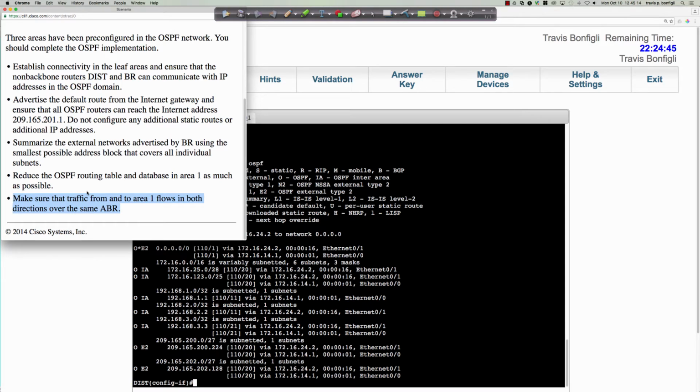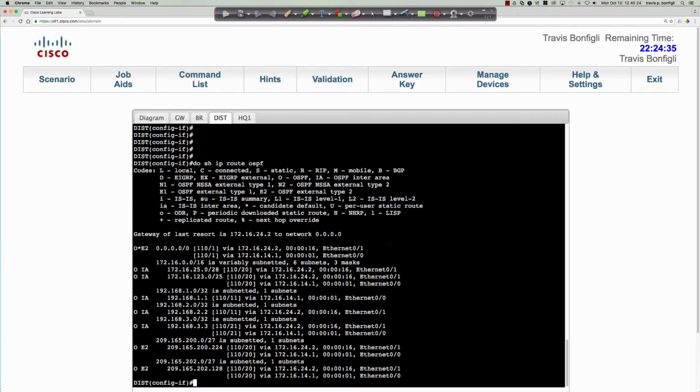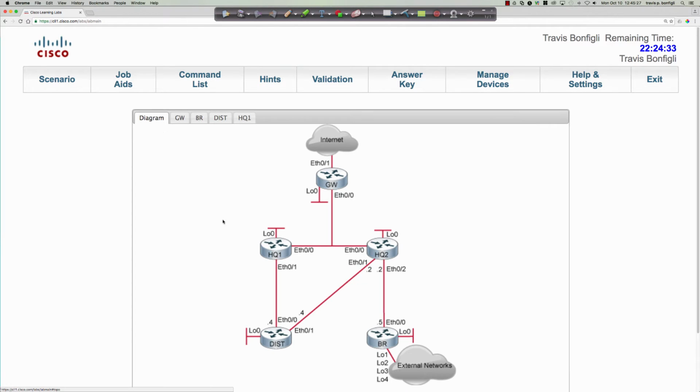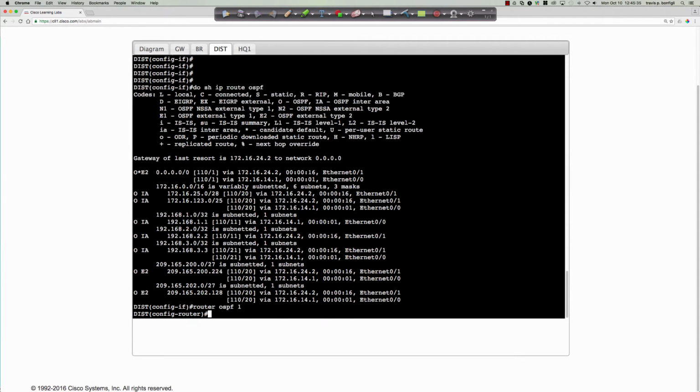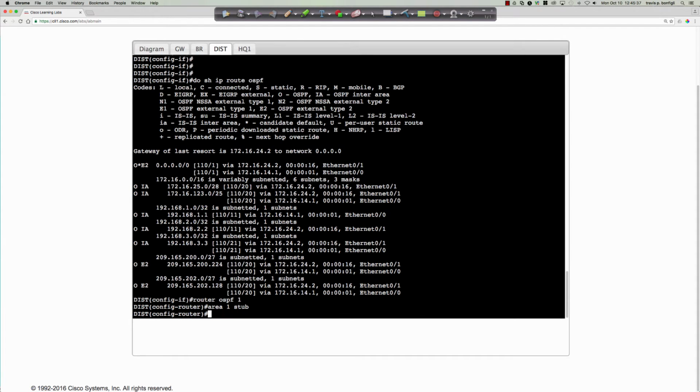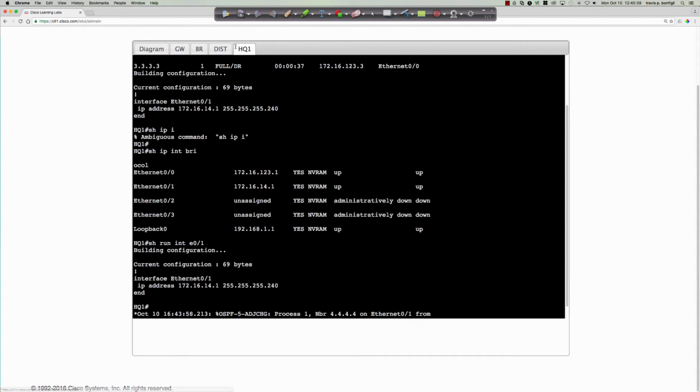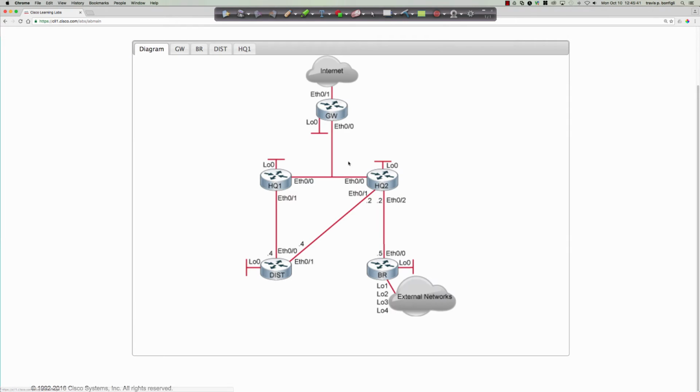And so that's where we're going to get into a little bit of an advanced scenario where we're going to have to tweak the OSPF cost. But first, let's reduce the OSPF routing table here at the ABRs. And so what we're going to do is, we were just on the distribution, so let's take care of this first. We're in area 1. We're going to say router OSPF1 area 1 stub, and then on the HQ routers, in order to ensure that they are both in area